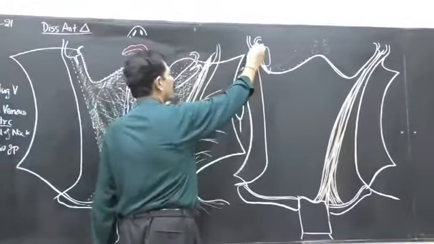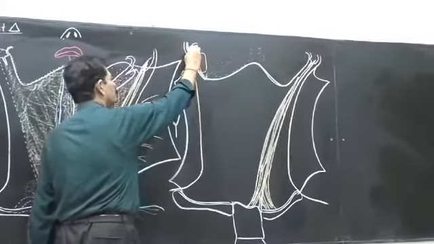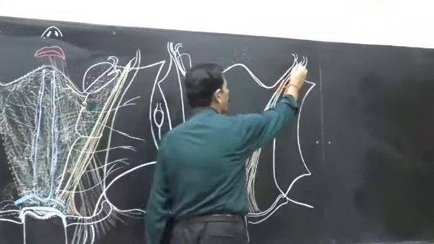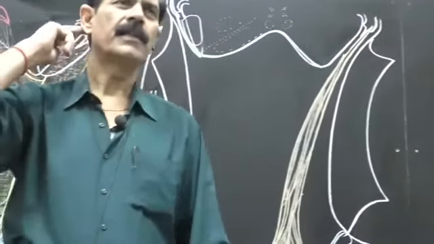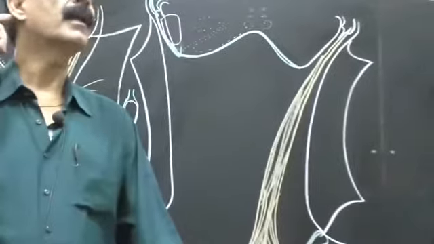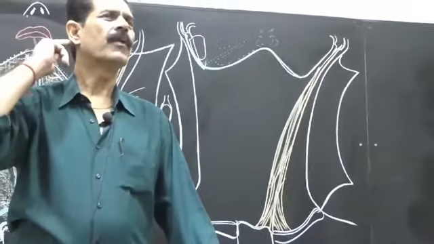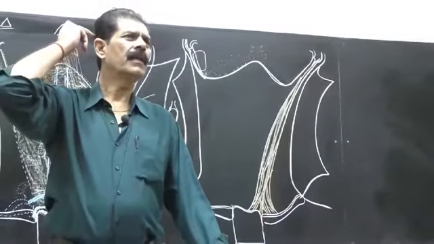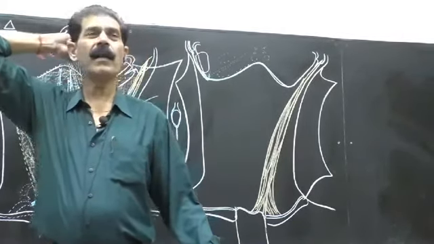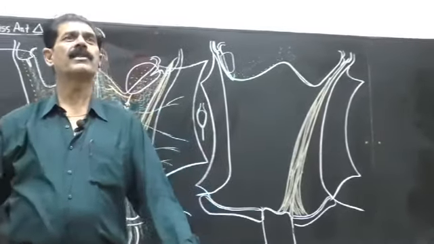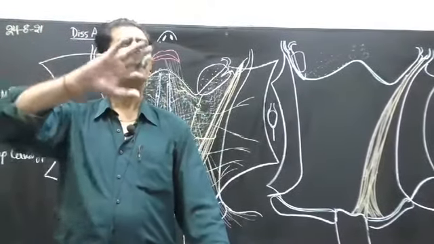From here, the deep fascia is attached to the mastoid process, because mastoid process is near the styloid process. And from mastoid process, which is just behind the ear, this deep fascia will follow the superior nuchal line, because superior nuchal line and highest nuchal line, they end on the mastoid process. So from here, the deep fascia will go along the attachment to the superior nuchal line, and from superior nuchal line it reaches the midline. What lies here? External occipital protuberance, and here right meets with the left. So this is the complete arrangement.